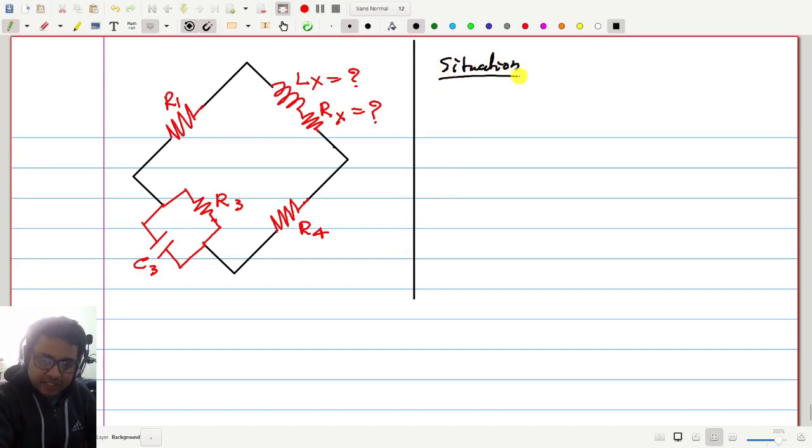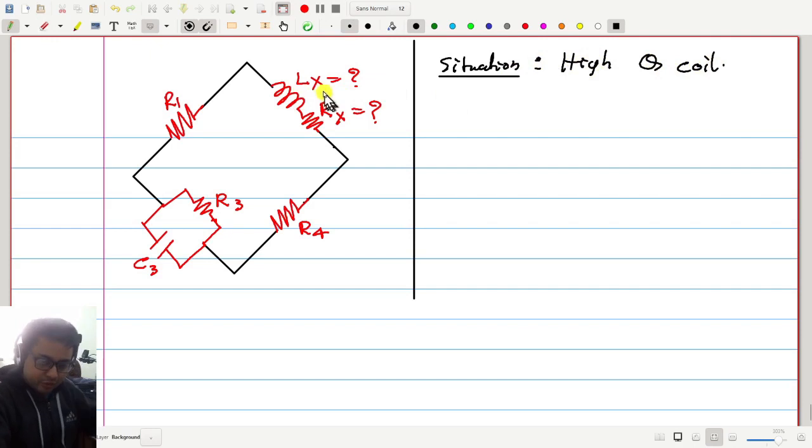Suppose we are measuring a coil which is close to a perfect coil. That means this resistance is very small, okay. So that means the quality factor of this coil will be what? Low, high? What do you think? This is a nearly perfect coil, so it will be very high. So this is a high Q situation, a high Q coil.